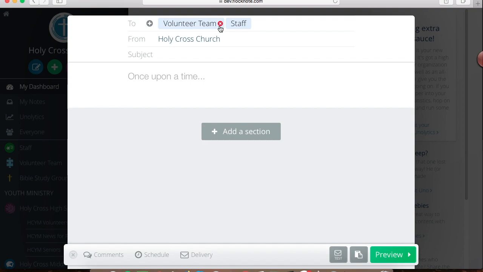All right, so when you're sending to a group in Flocknote, typically the email is going to come from the group name. So if we were only sending to our volunteer team group, the from name of the email would be volunteer team. But now that we're sending to multiple groups, we need to specify what the from name of the email will be. So you can see this new from field appears now that we're sending to multiple groups,